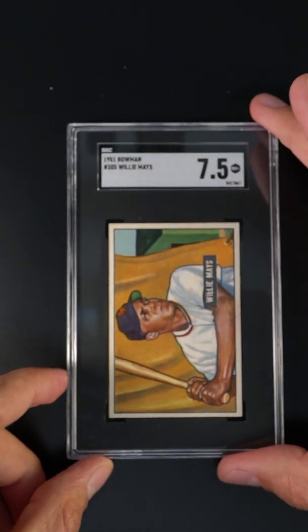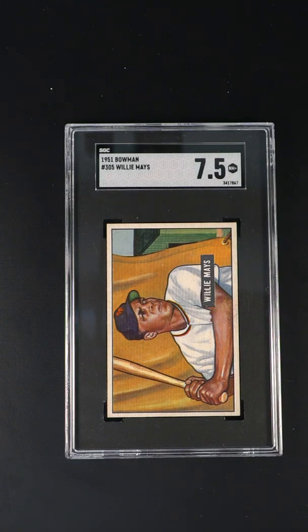So yeah, all told, I think if you're in the market for a high-end, high-grade Mays rookie, this one definitely should be on the watch list. They don't come looking like this very often, and certainly I think this one fully upholds the lofty expectations of the grade assigned. There's a lot of 8s out there that look a lot worse. So this is definitely a pretty card that